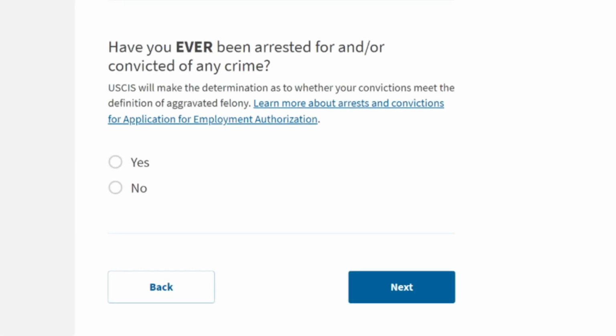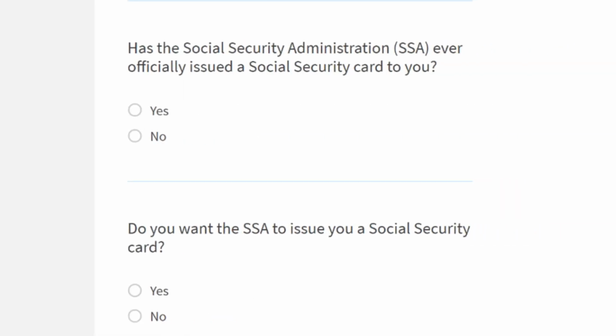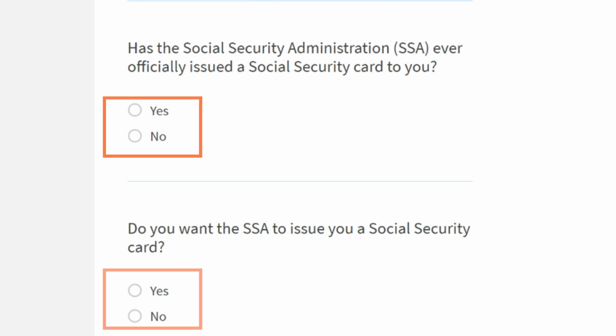The applicant is asked if they have ever been arrested or convicted of a crime. The answer can be yes or no. The government checks the criminal background of the person applying for work authorization, and if felonies are found, they may deny the work authorization. They ask if the Social Security Administration, also known as SSA, has ever issued you a